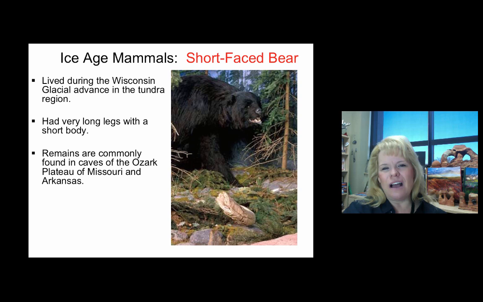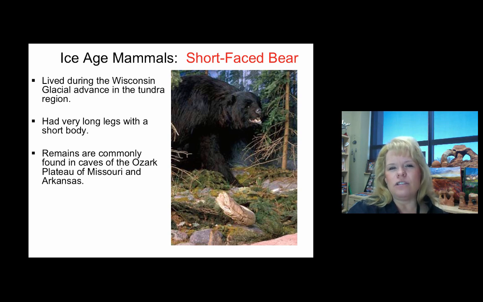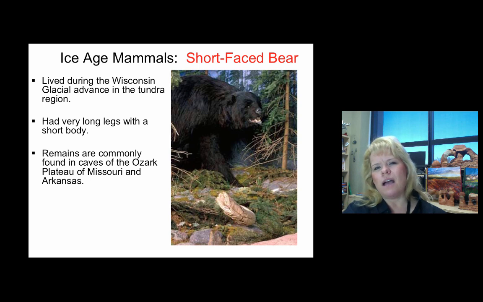Moving into a famous icon of the last ice age, which is the short-faced bear. You may not have heard as much about this as some of the other animals, but this guy lived in North America, would have lived in the mountains in areas of tundra. And this guy had long legs with a little bitty kind of squatty-bodied body. So he's almost like a wiener dog, except he was much bigger. We find his remains all the way down into the Ozark Mountains in Arkansas. So this guy existed and had a wide range, and we think he was replaced by the brown bear, otherwise known as the grizzly.